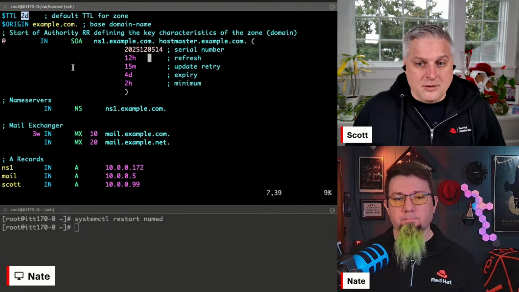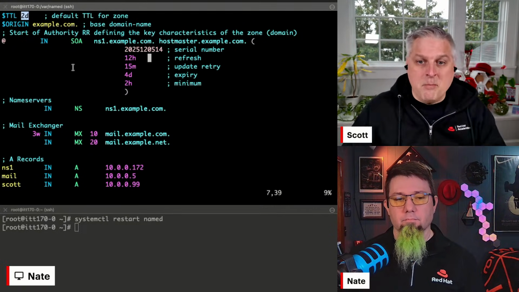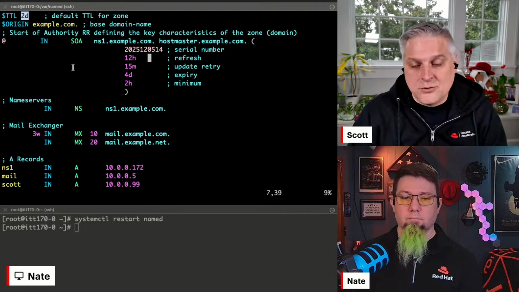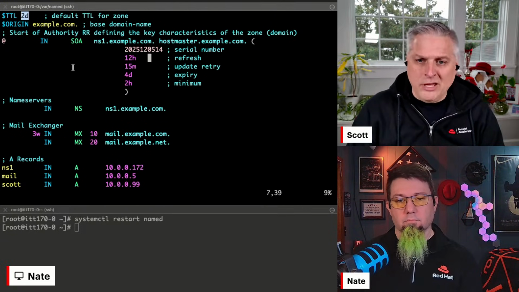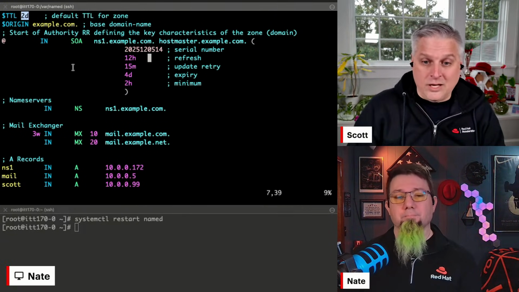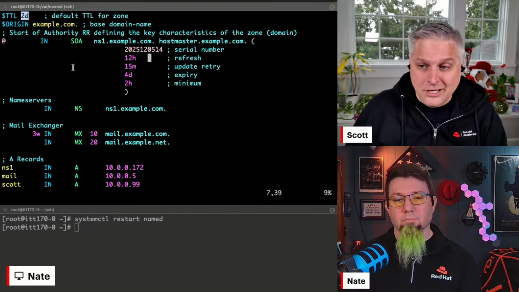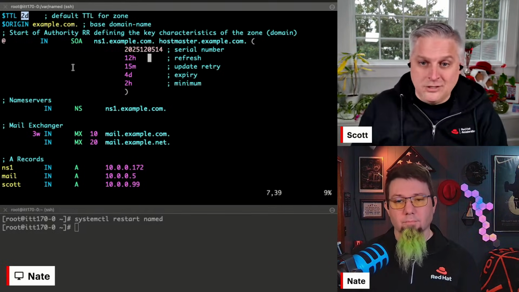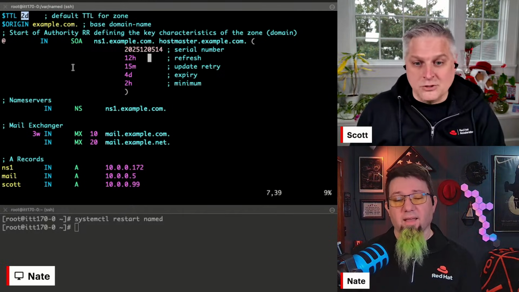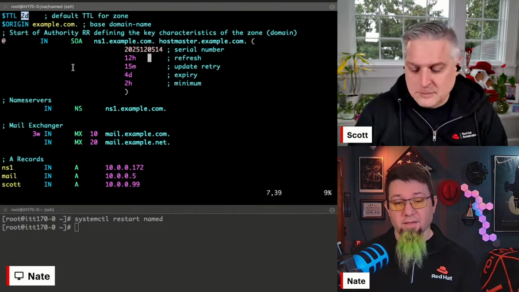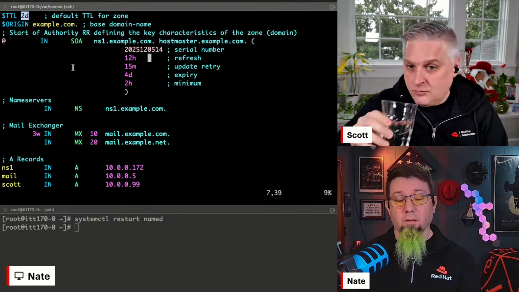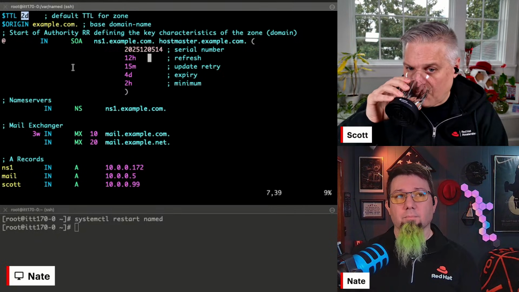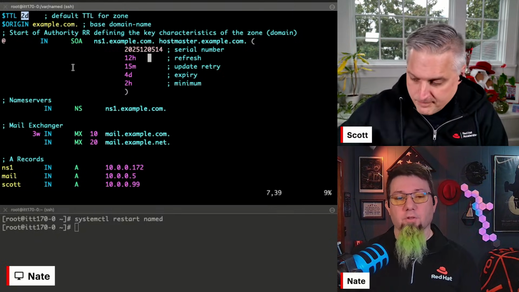Right. And this mechanism of caching, so many people don't get it. They're like, well, I made the change. Yep. Great. Did you make the change on this other guy's computer over there that happens to be using the cached record? No.